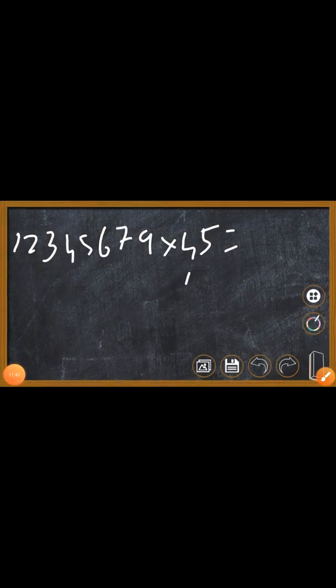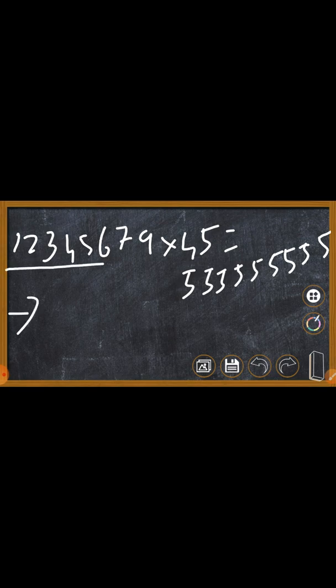Yes or no? Yes, let's write it down on the blackboard. So this answer will be 5 5 5 5 5 5 5 5 5. Okay, I hope you all must have understood. Your next step will be this number only. You will write it down again, 1 2 3 4 5 6 7. Yes, and then 9 5s. We ended at 9 5s are 45. Yes, now we will do 9 6 are 54 into 54 is equal to, you think about it.